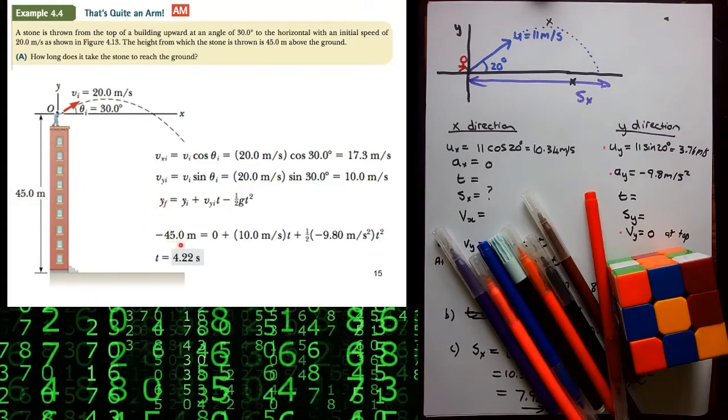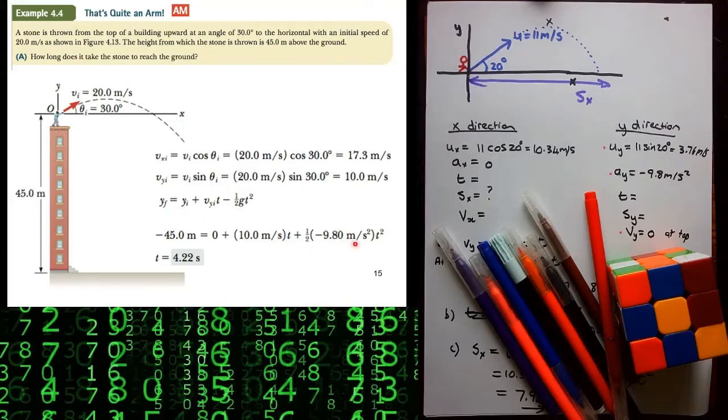The reason why we use minus 45 is because it's 45 meters downward, it's below the origin. And then again, working in the y direction, the initial velocity in the y direction is going to be this component that we calculated of 10 meters per second, and in the half at squared, we're using the acceleration as minus 9.8 meters per second squared,